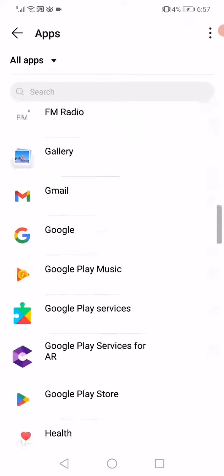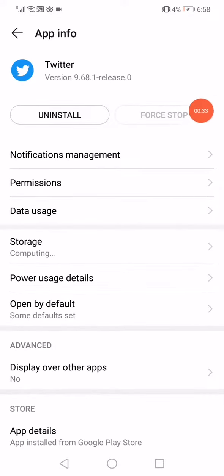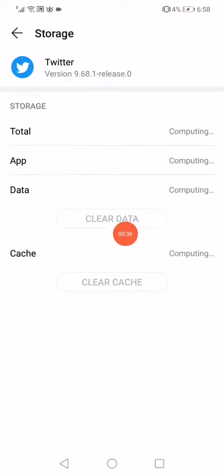First thing, open the settings on your phone and then open the apps manager. Go to the apps right here. Now on this page you have to wait a few seconds. It will start loading the apps that you have on your phone, and then scroll until you find Twitter. Click on Twitter, click here on this force stop and then go down to the storage, click here on clear